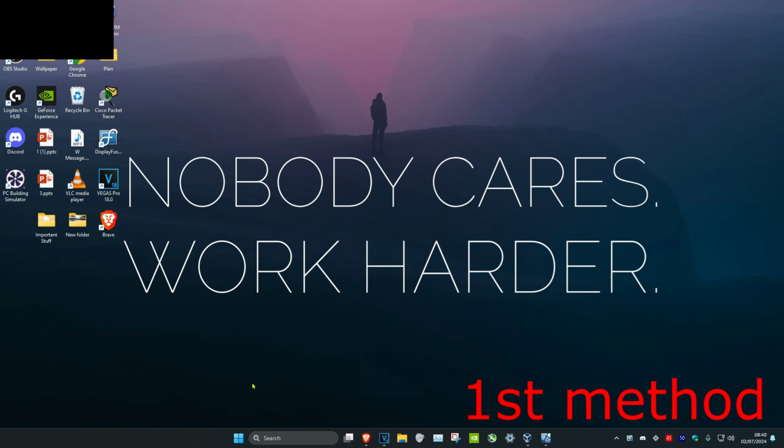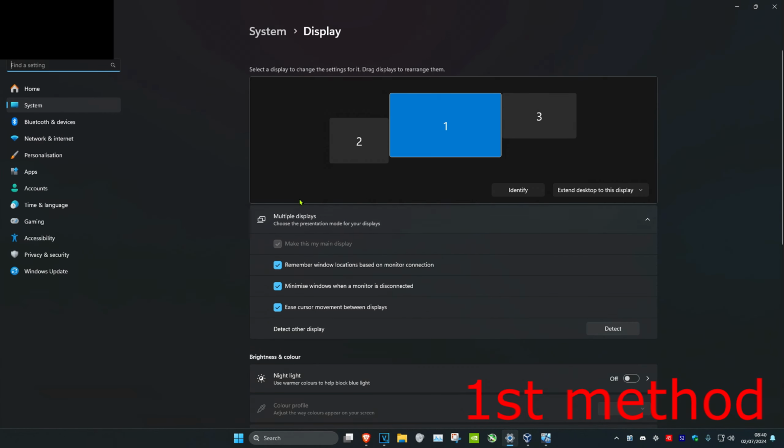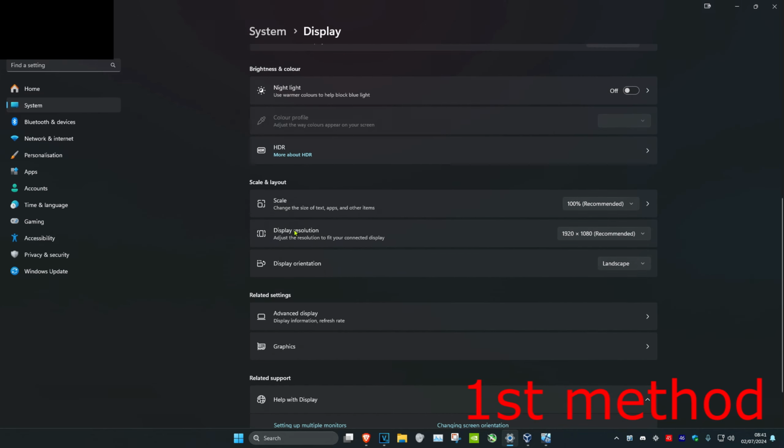So guys, for the first method, you want to head over to search and type in display settings. Click on it. Now once you're on this, you could see all your monitors right here. If you have multiple monitors and you want to choose a certain monitor, you could just click on it. And now once you've selected your monitor, you want to scroll down, and then from here you can set display